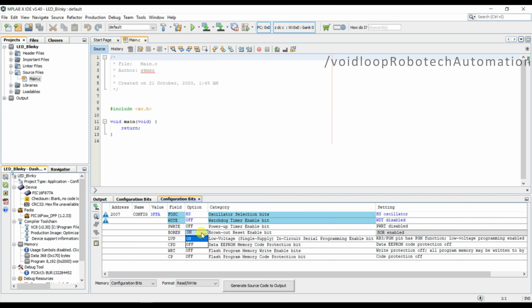Brown out reset pin, it will be on, and LVP should be on. CP it will be off, and WRT will be off. We no need to on this, and CPD also will be turned off. Now I will generate source code here.